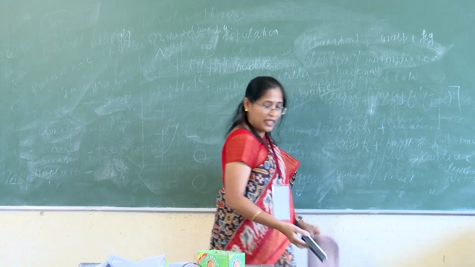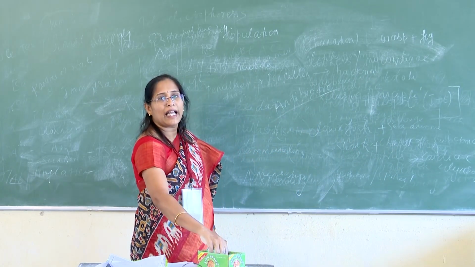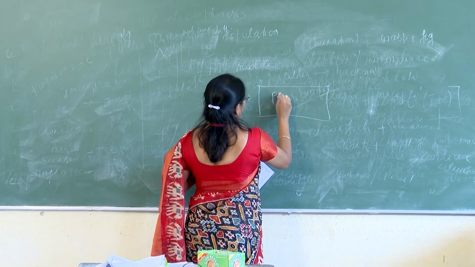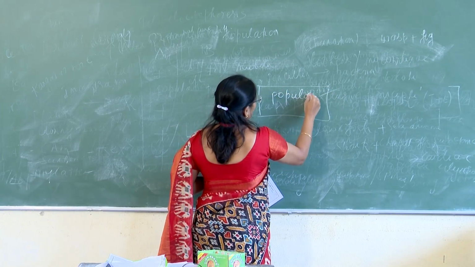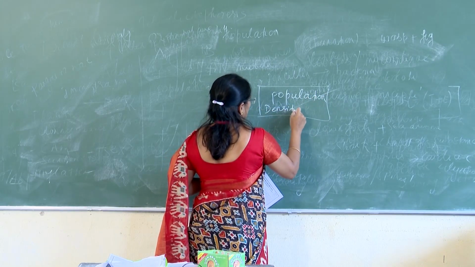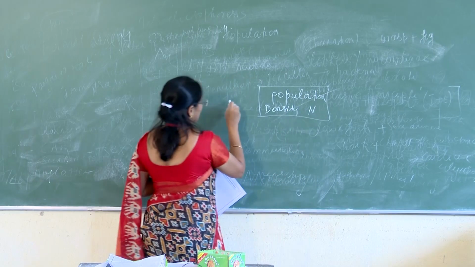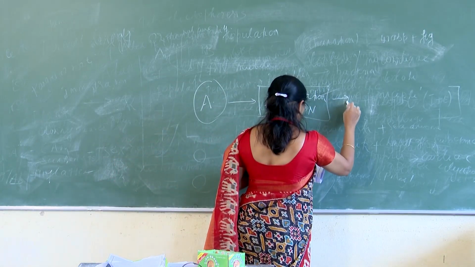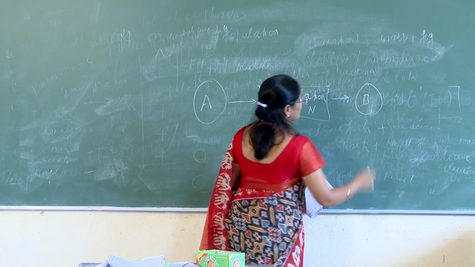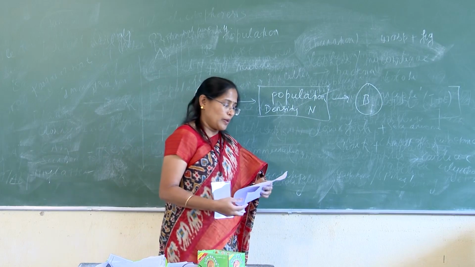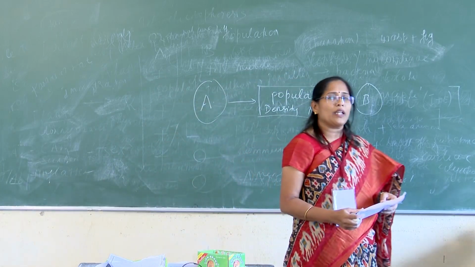Okay, they have given a diagram over here. The diagram goes something like this. Population density, A, and they have given B. This is the diagram that has been given. The density of a population